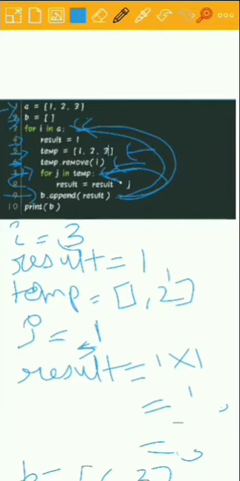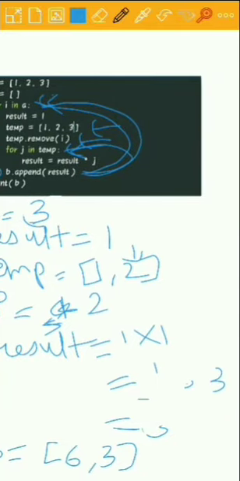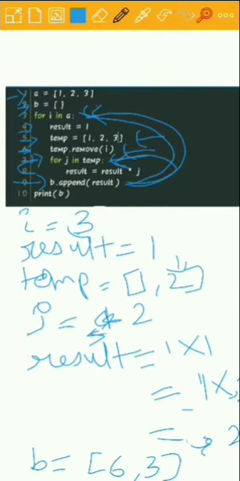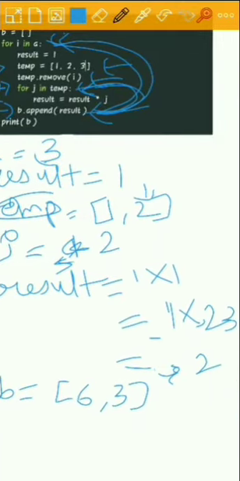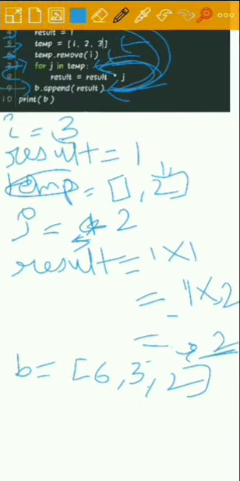Now 2 is left, so in the second iteration j will become 2, and result will be 1 into 2, which is 2. Now it checks for any other element in temp. No, we have completed all elements in temp list, so control will come to line number 9. It will append the value 2 to list B, so our list B will become 6, 3, 2.